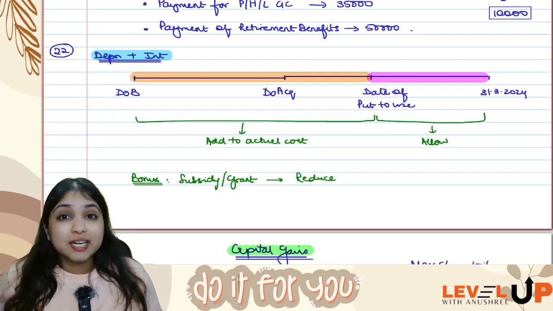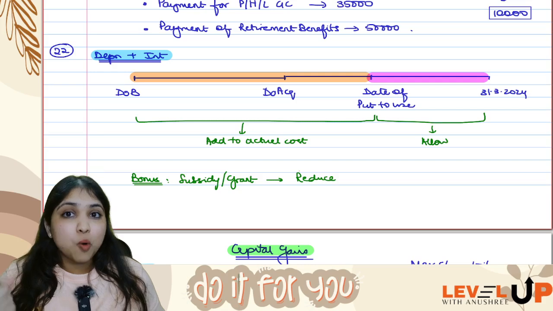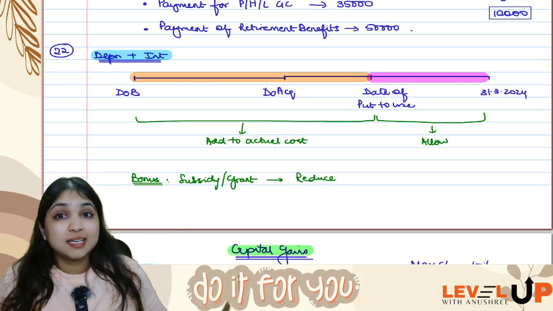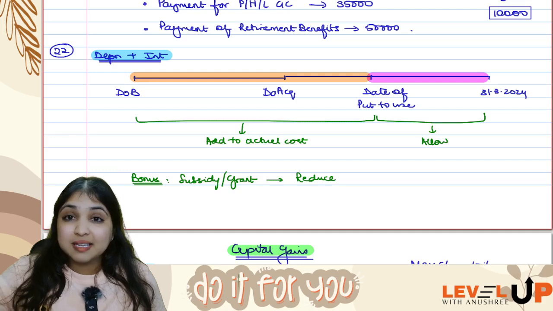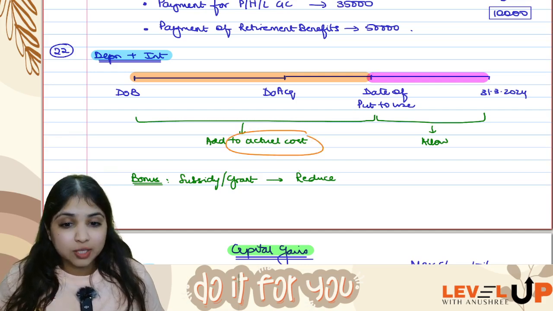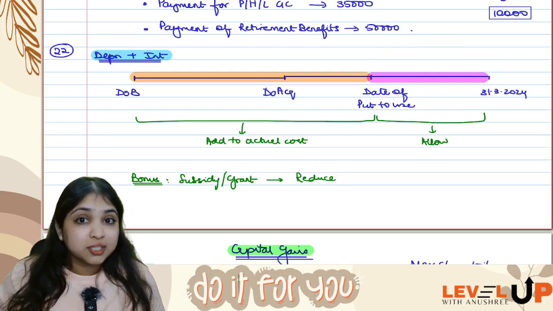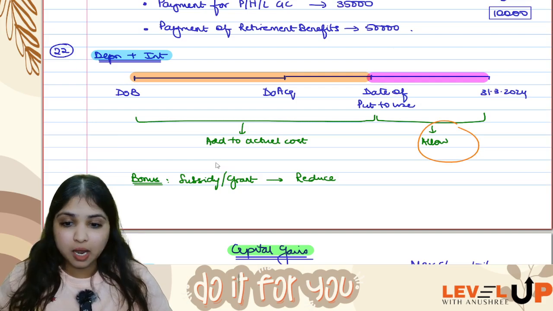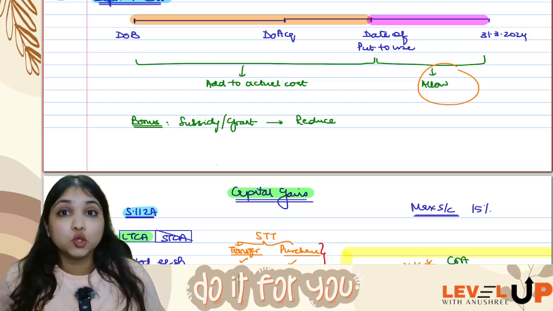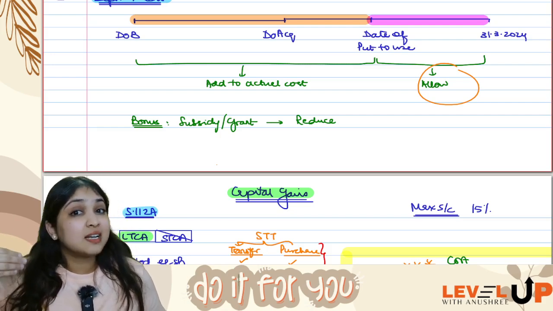Then after this, whatever interest my assessee has incurred on loan till the asset is put to use. Let's say my assessee has bought an asset, and the assessee is going to put that asset to use a little later, and for this asset the assessee has borrowed a loan. So whatever interest my assessee has incurred on the loan till the asset is put to use, it's going to be capitalized, that is, it will be added to the actual cost. Whatever interest my assessee has incurred after the asset is put to use, it can be debited to P&L, it will be allowed. Alright, and one bonus tip, please remember, if my assessee gets any subsidy or any grant to purchase a depreciable asset, that amount will be reduced from the actual cost. Subsidies and grants will be reduced.